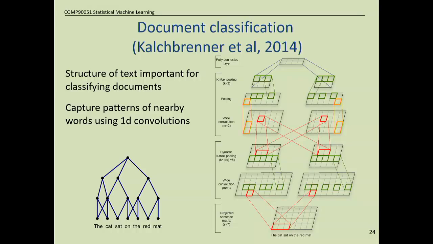Okay, so as promised, here's a crazy architecture, and I'm sure that some layers have been dropped, and it's a little bit hard to read from the back. I apologise, but, sort of reading it out loud, we're classifying documents, and structure of text is important, just like in images.